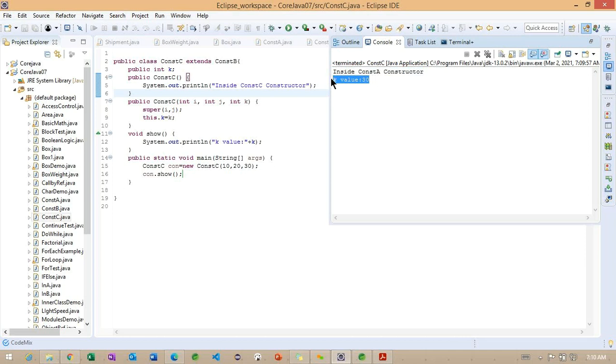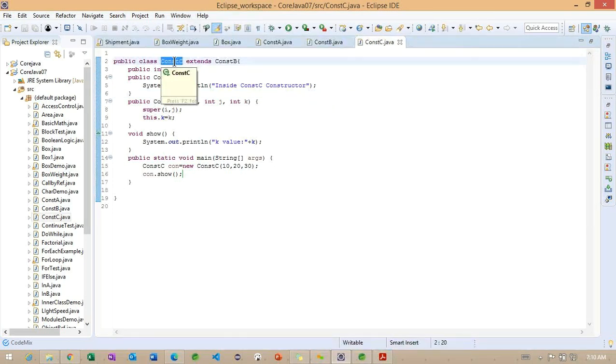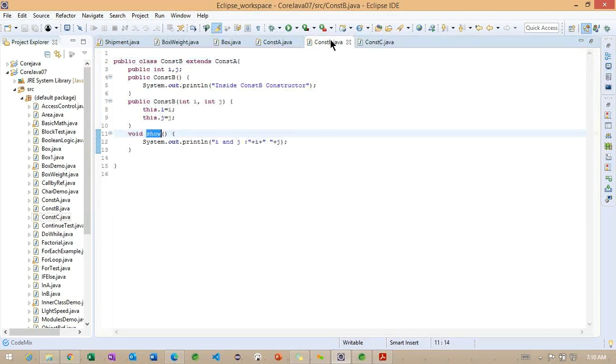But if you carefully observe, the method that executed is the constructor C class method only, not the one from the B class. That is the reason I am explaining this. Whenever we create a method overriding concept, the super class method is going to be hidden. Getting the point? And whenever we create a method with the same parameters, only then is the method going to override.